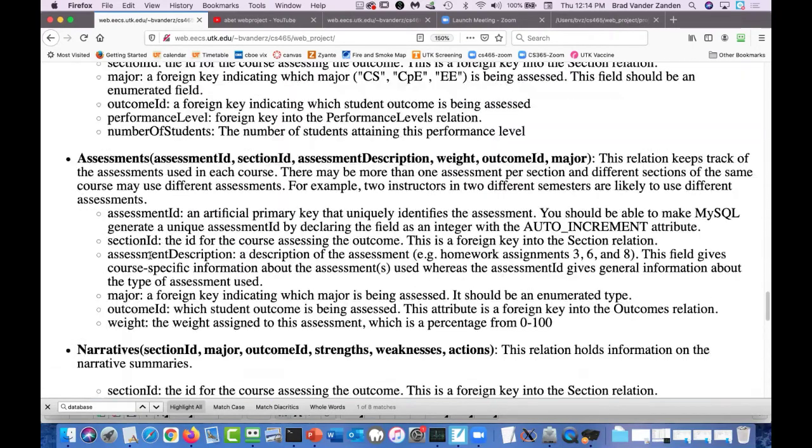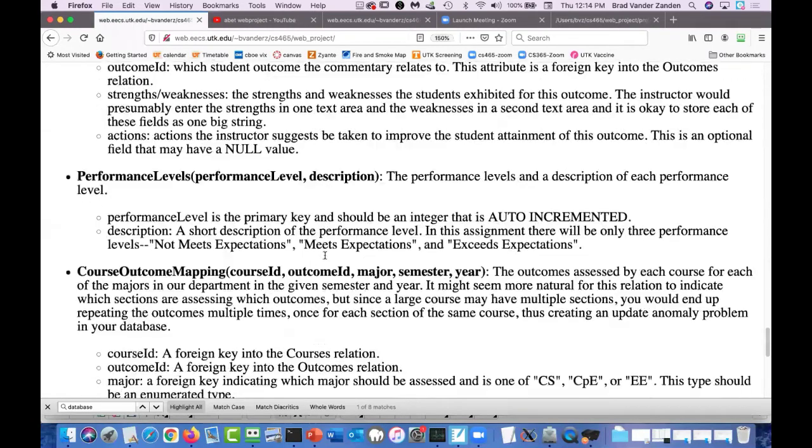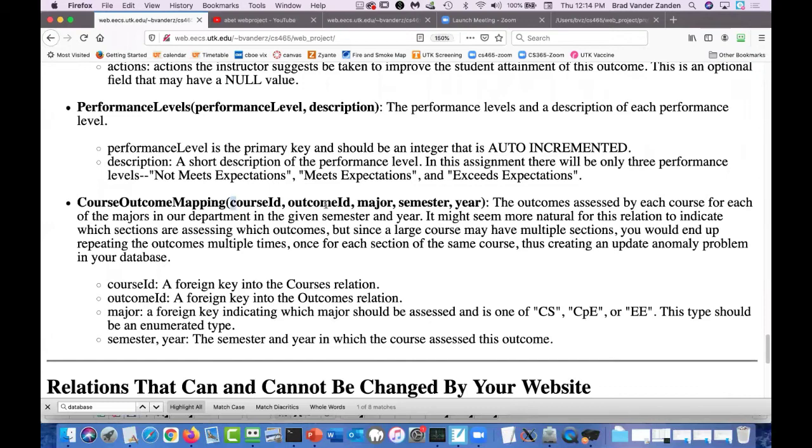So you see, once you have the section, that gives you the course ID, the semester and the year, and you can use that as a foreign key into course outcome mapping to get the majors. So that will give you